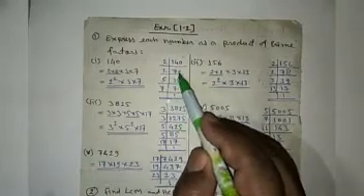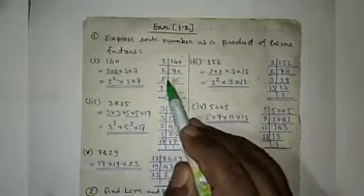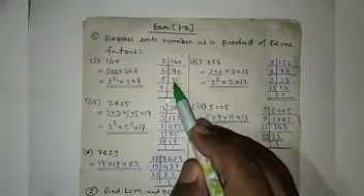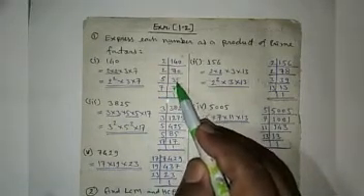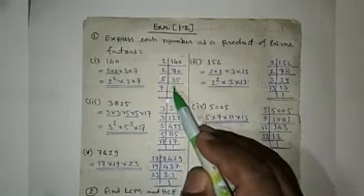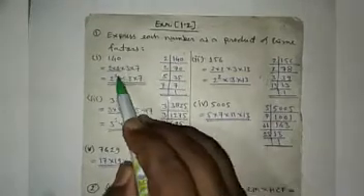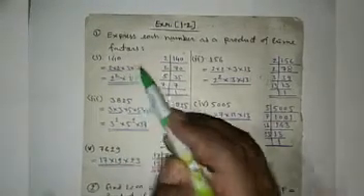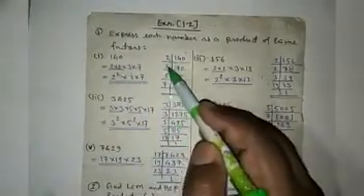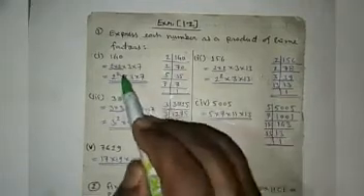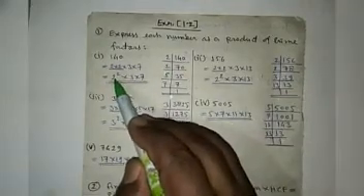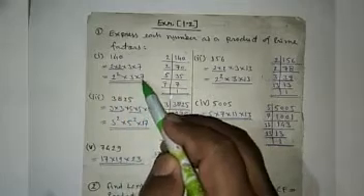It is again an even number, then again it will be divided by 2. So 2 into 70 gives 35. Here the last digit is 5, so it will be divided by 5. 5 sevens are 35. Then 7 ones are 7. So here the prime factors are 2 into 2 into 5 into 7. So here 2 comes 2 times, so it will be written with power 2: 2 square into 5 into 7.